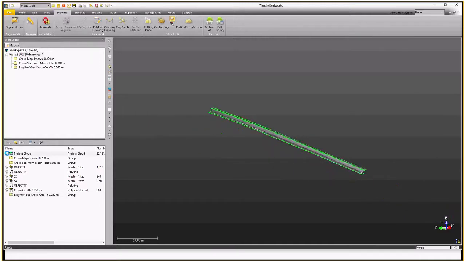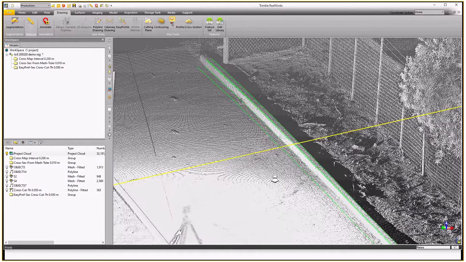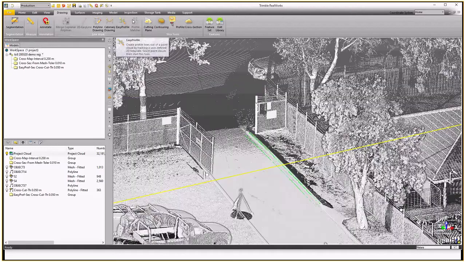Now if we come back out here, okay. So yeah, it's the easy profile, and this one next to it, profile matcher, is where you have an existing profile that you want to import and overlay onto your curve and hit go, basically. So yeah, that's all I really wanted to look at in drawing. I think what we'll do is we'll have a quick look at a couple of things in modeling, and then that'll probably do us. So I'm going to close this